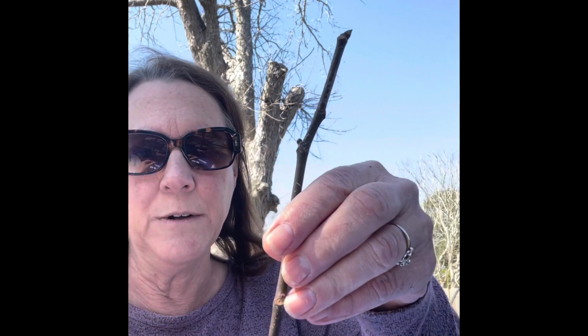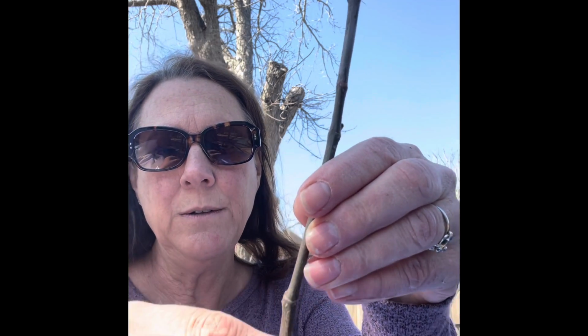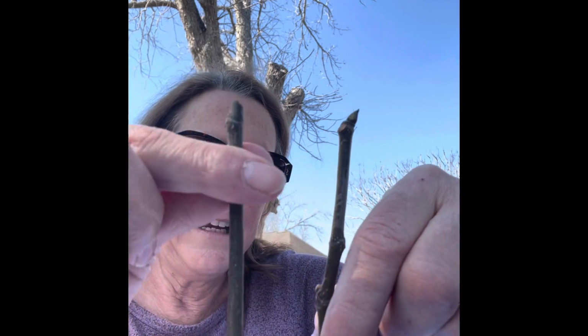Okay, so I've taken one of my cuttings, and this is a thinner one. If you notice, it's about pencil width, and that's perfect width for it. If you get it too woody, then it is less likely it's going to take. So what I'm going to do is go 1, 2, and then cut it off. So off of this cutting, I'm getting 2 cuttings that I can take, and I can dip in the rooting hormone,